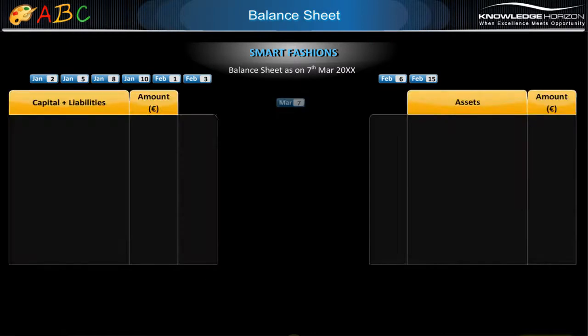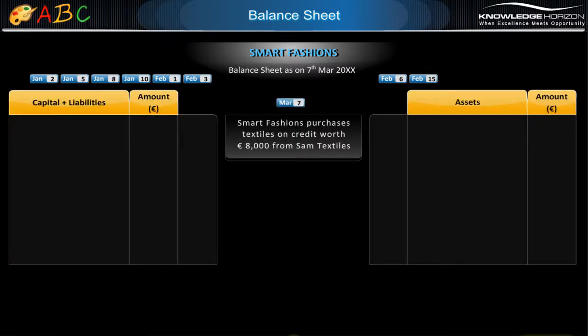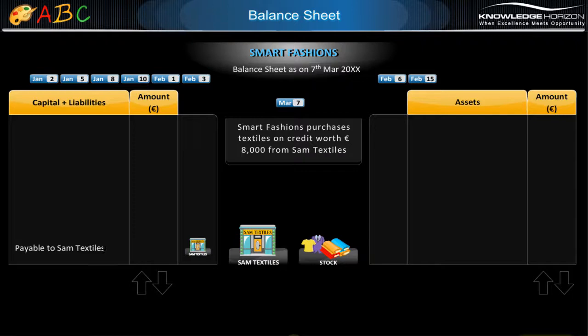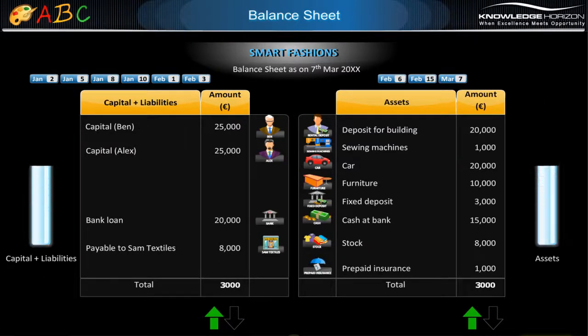On 7th March, Smart Fashions purchases textiles on credit worth €8,000 from Sam Textiles. The credit purchase creates a liability in the name of Sam Textiles, which increases the total liabilities. Textiles is added as stock, which increases the total assets. Both sides of the balance sheet now total